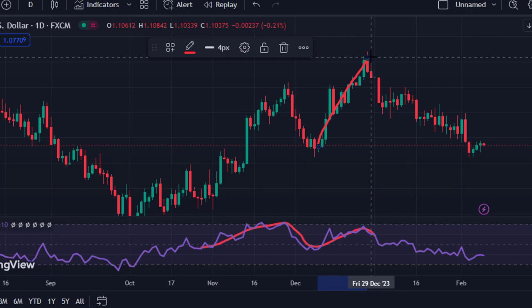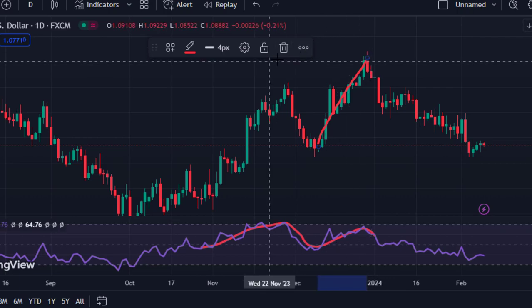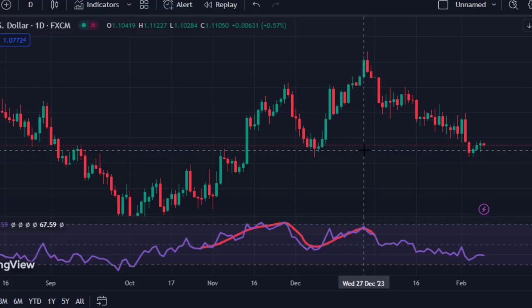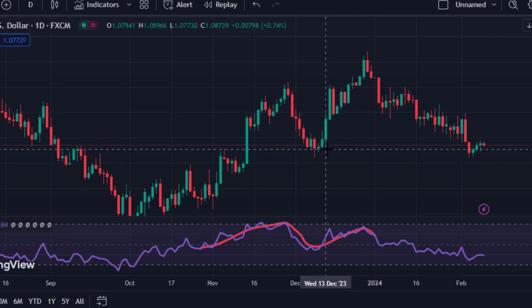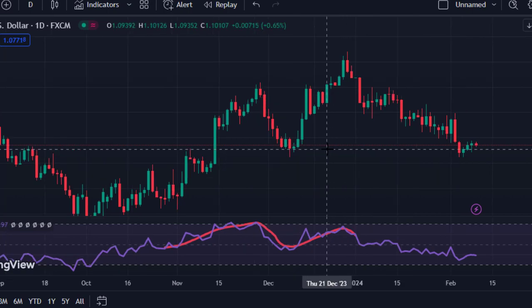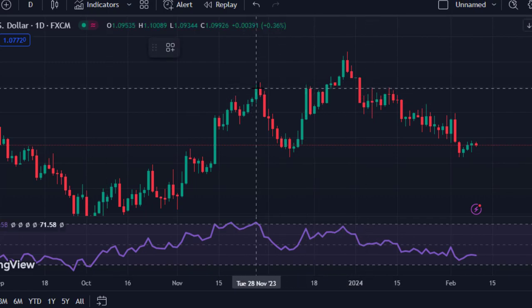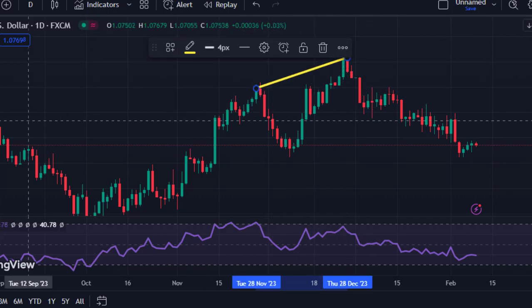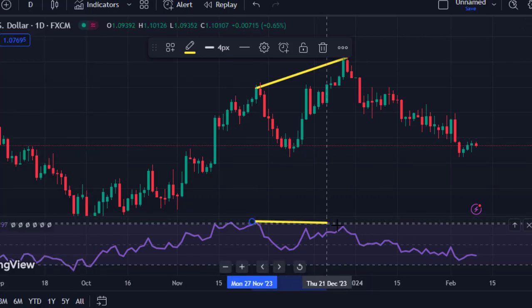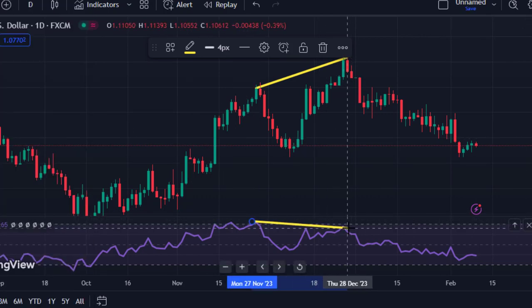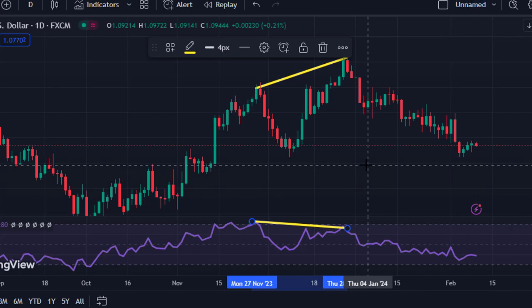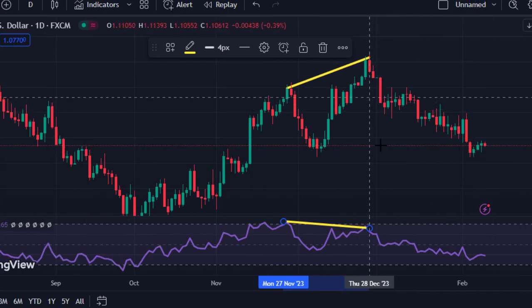This is a clear divergence to trade on your chart, and this is a divergence that you should not miss on your chart because it works 90% to 95% of the time. So if I place this back on my chart from this very point, we see divergence right here to this very point, and then from here to this very area we see this divergence, and this is a bearish divergence. The reason is because you're expecting the market to move back to the downside,